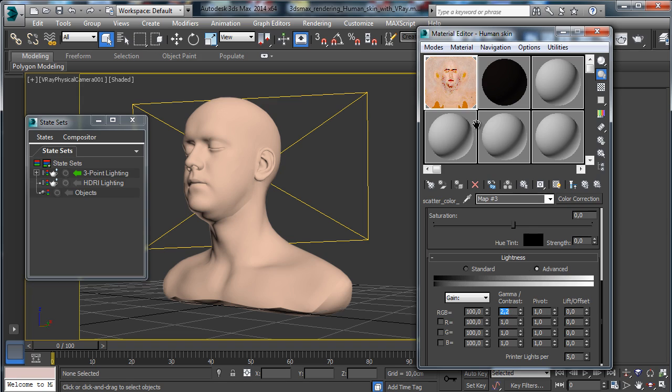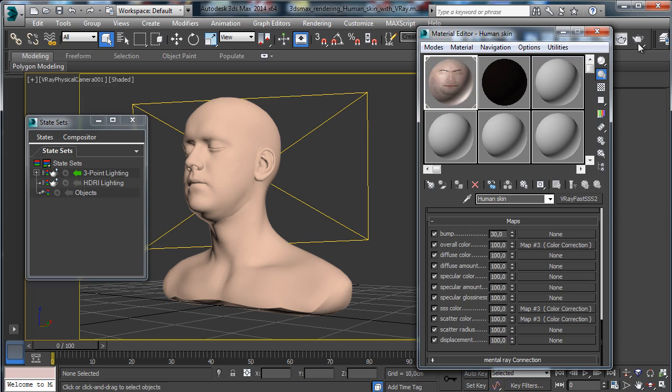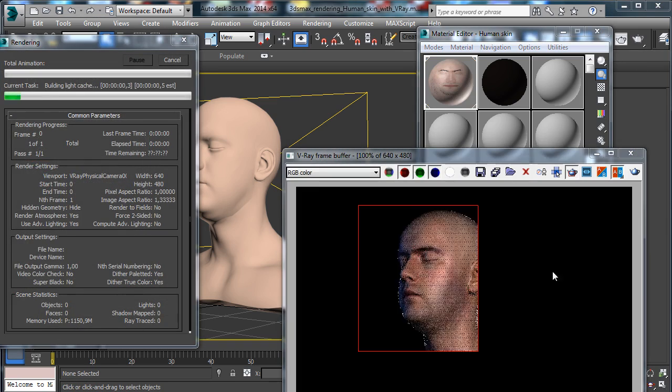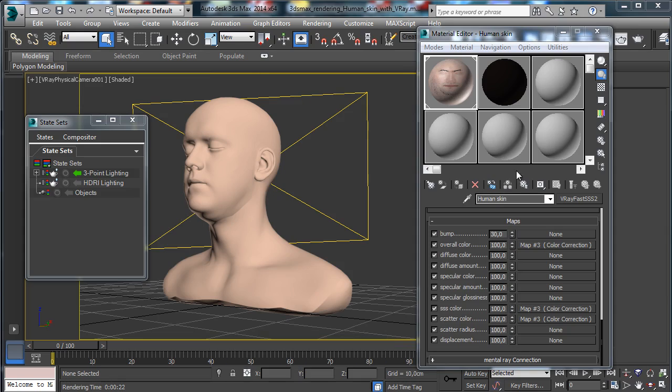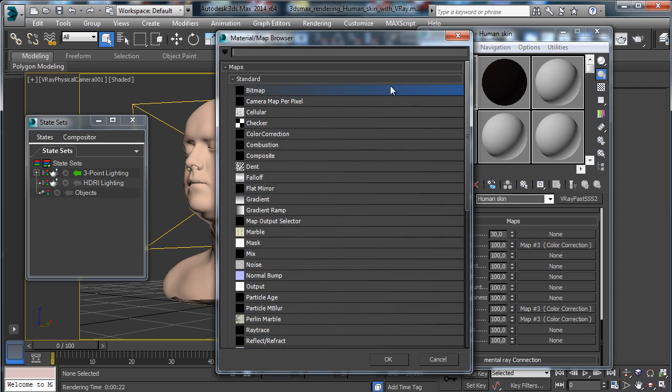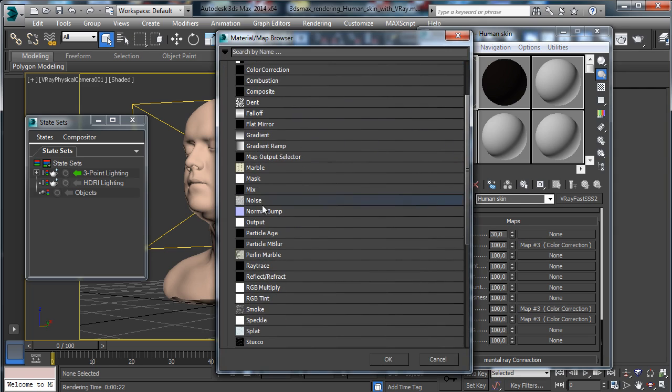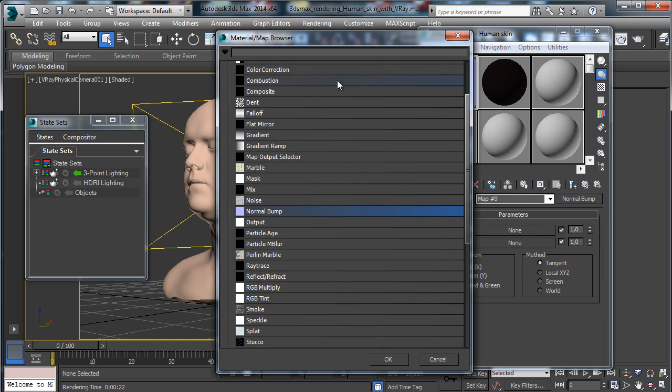Now we can check how the rendering is coming. And as you see, the render is really better than the previous one. So now we can use more maps, and the first thing, we can add some details to the model using the bump map. So we have the normal map with the model, so we can use the normal bump and then